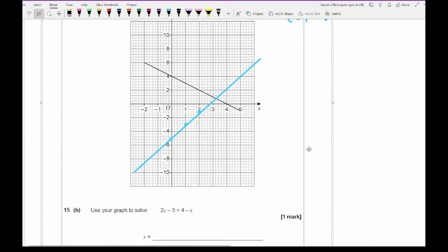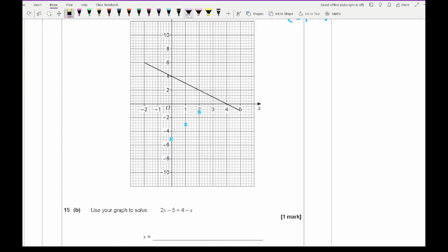Now, in terms of use your graph to solve the equation 2x minus 5 equals 4 minus x. Now here, they're not looking for you to solve this algebraically. Basically, what you're looking for is the point at which those 2 lines meet. And you should find that if you have joined your graph correctly, which I haven't, because I know what the answer looks like. So let me just